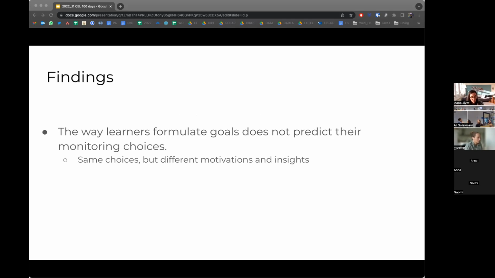And it is really possible that depending on what motivation students have, they might take a different meaning out of the same indicator. So for example, learners that want to master the topic of a course might see the completed activities indicator as a proxy to how much knowledge they acquired so far, while learners that just want to get a certificate see it as how far along towards a certificate they are. They know they have to do all the activities, so for them it's just how close to